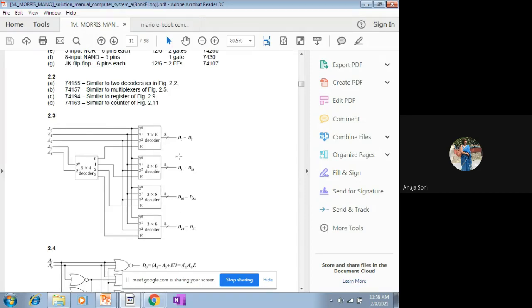This is the notation to represent these 8 lines, because otherwise you would have drawn 8 pins, 8 horizontal lines explicitly. Another way is to simply draw one line, diagonally place a small line over it, and write a number over it, which represents 8 lines. These are the 8 lines corresponding to the 8 output values D0 to D7.